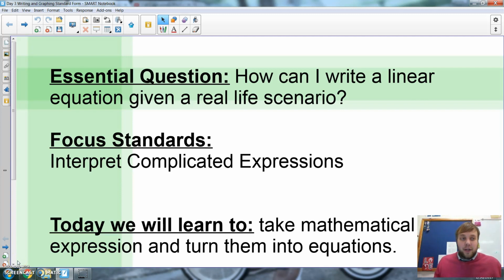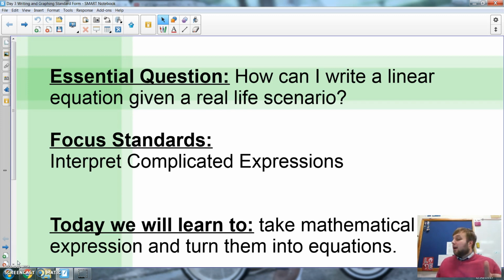All right, ladies and gentlemen, it is time for the second half of your most exciting block day. Today we are going to be talking about standard form, and I know you're saying, I thought you went home for dinner. Well, I did. Dinner was fabulous, and trust me, I wanted to stay, but I have to get you guys ready for a